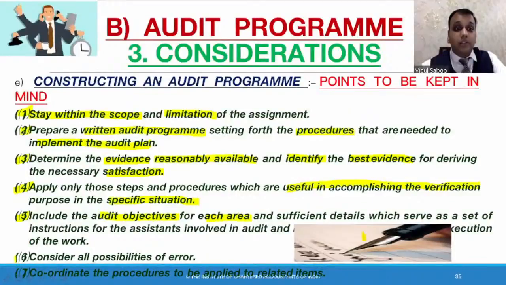Sixth, consider all possibilities of error. Very likely there are going to be errors. For example, Jay is observing the inventory taking, right? And suddenly the server comes, sir, please try this dish of ours, paneer pasanda. You'll definitely like it. I am there, Jay is there. Jay says, sir, don't taste. They are trying to distract us.